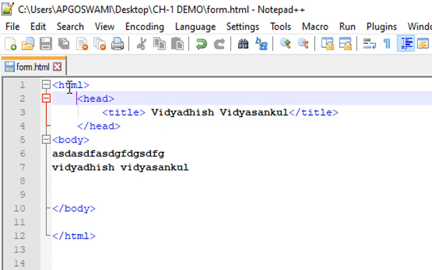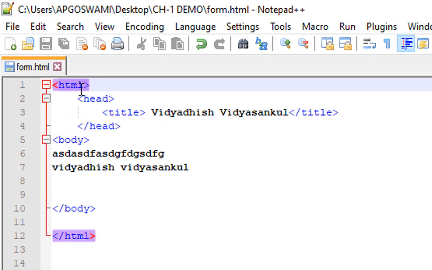If I click here, you can see this purple line, purple background. Now first of all you must remember this HTML syntax: HTML, head, title, head end, body, body end, HTML end.